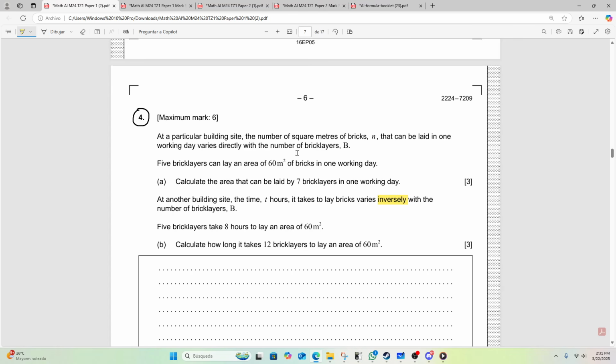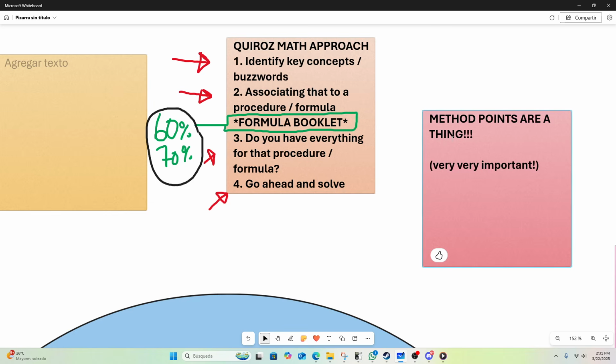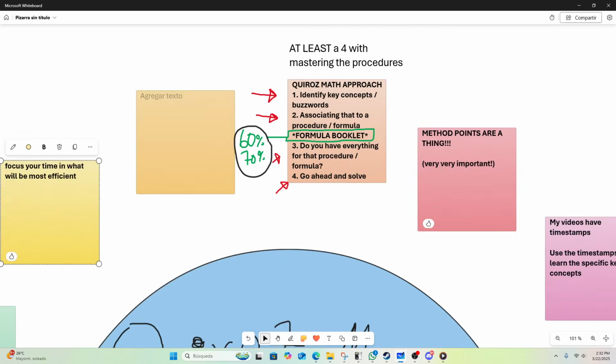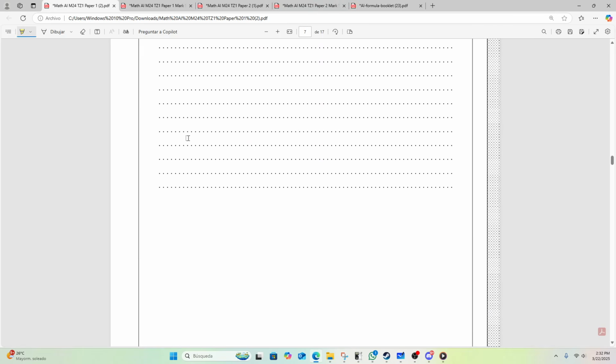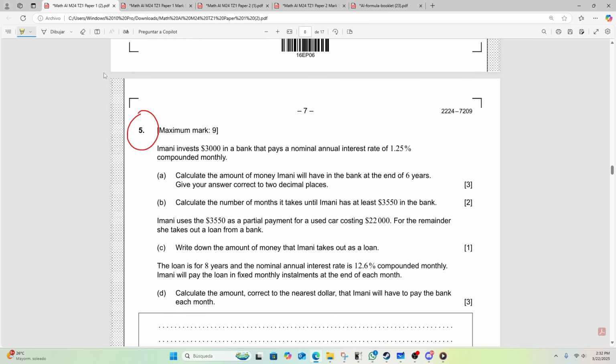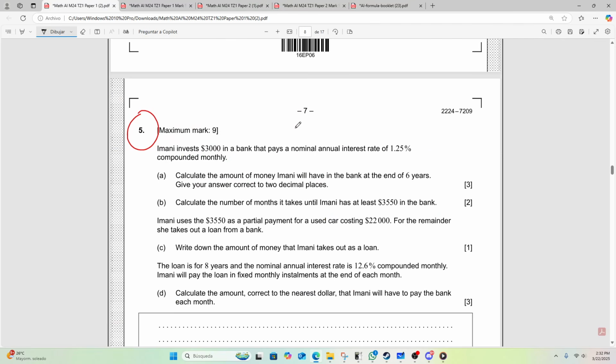Okay? So, of course I'm going to upload a video solving this, but the main tip I can give you is spend your time where it's most efficient and in the most reliable way, which is going for method points, which insists that you learn the formula booklet and you learn the calculator well. So number 4, don't stress about knowing everything perfectly. Stress about knowing enough of it perfectly. See? The enough being formula booklet and calculator.